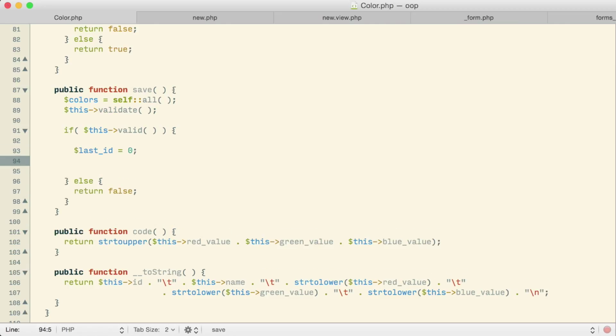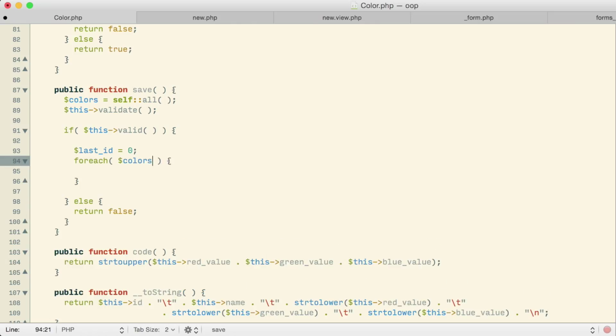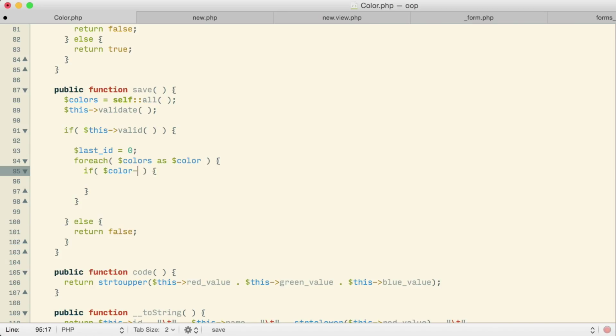I'll set it to 0. Then I'll say for each of all of the colors, taking each one as color, if that individual color's ID is greater than what I have stored for the last ID, then let me set last ID equal to that color's ID.